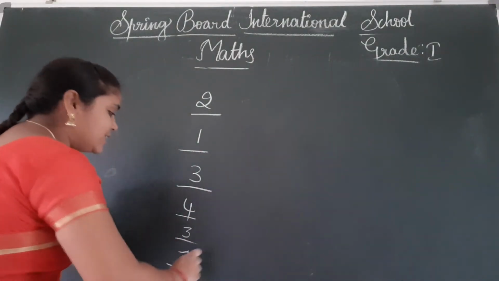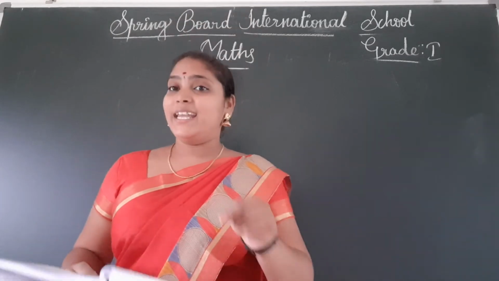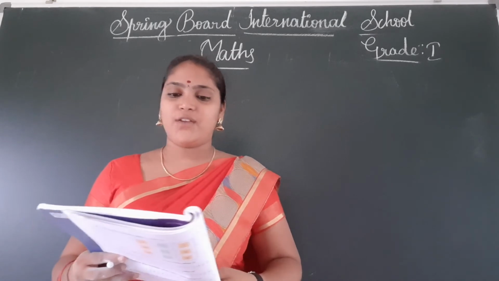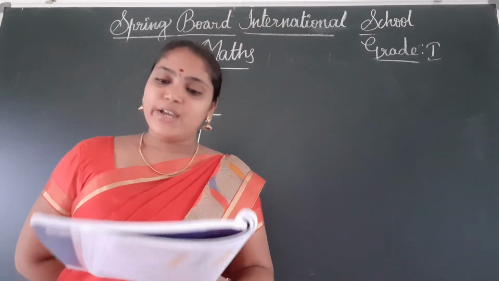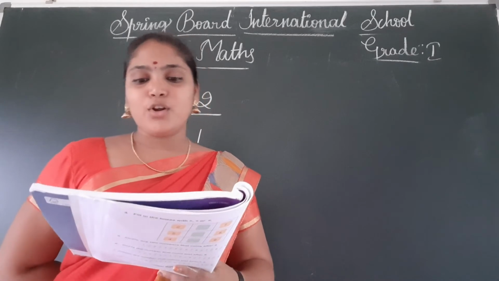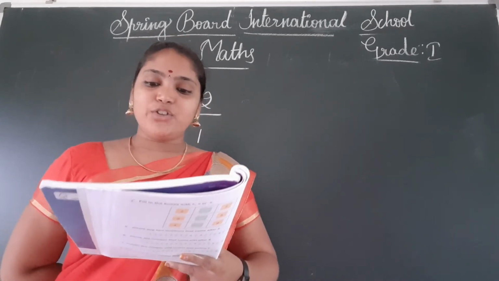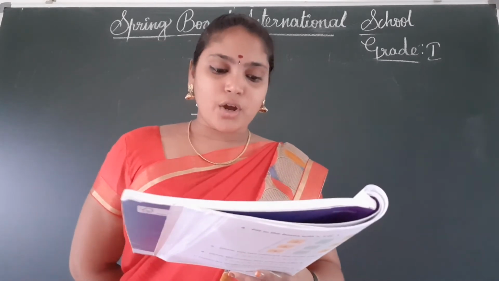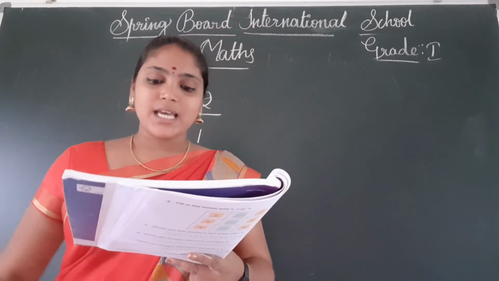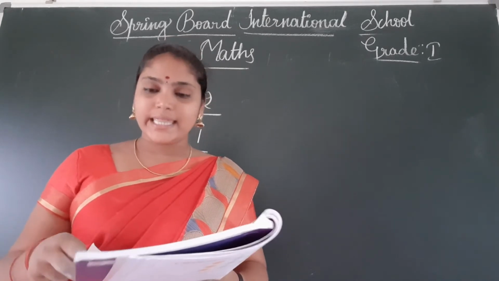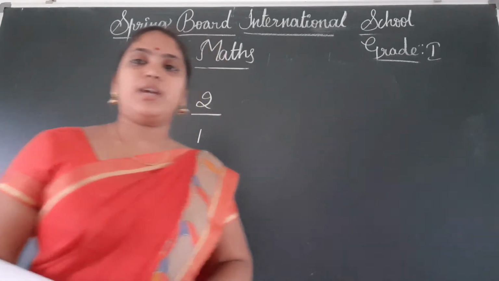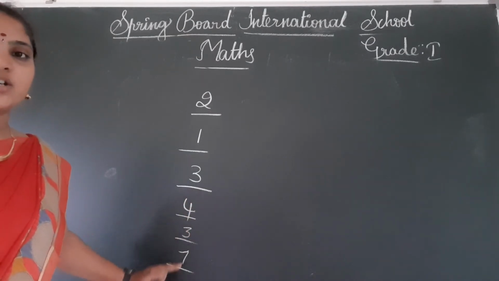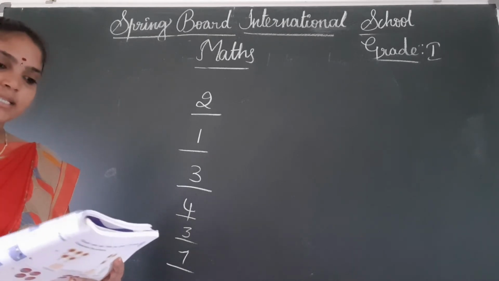Okay children, here just the numbers are missing, and this is in the form of a story. Once I read the story, you have to listen carefully. 2 ducks are swimming in the pond. 1 more joins them. Then there are 3 ducks swimming in the pond. Peter has 4 strawberries and his sister has 3 strawberries. Together they have 7 strawberries. Together means you have to put 4 strawberries and 3 strawberries to get totally 7 strawberries.